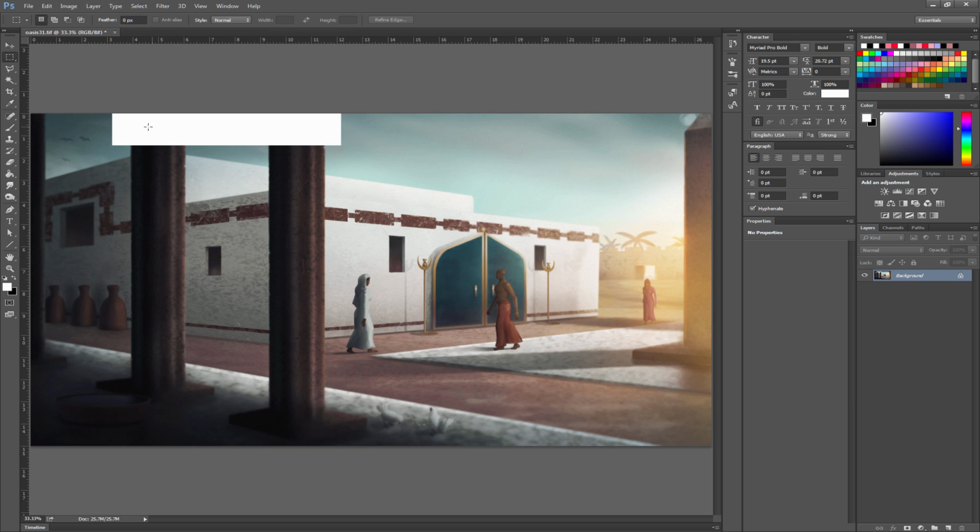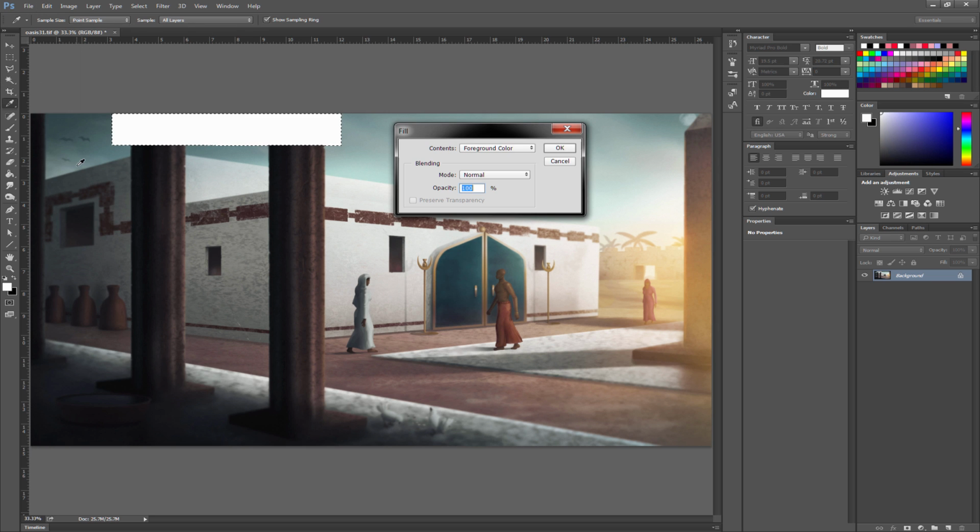So what I've done is I've gone ahead and just filled this with some white. Let's say this piece is missing, and I want to try to repair that and have these two columns extend all the way to the top. What I'll do is I'll use the magic wand tool to make a selection of that missing area, and then I'm going to go to Edit, Fill, and then I'm going to choose Content Aware, and I'm going to choose